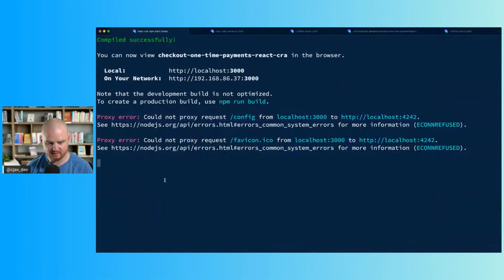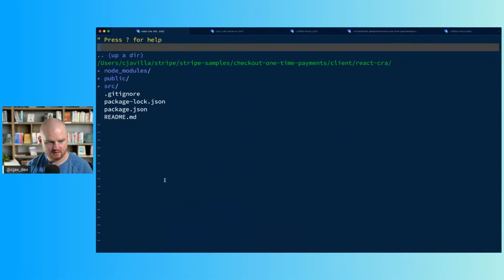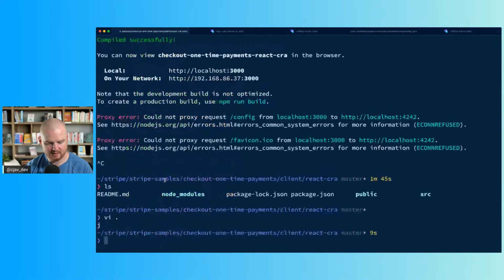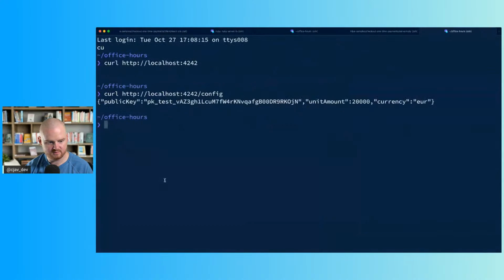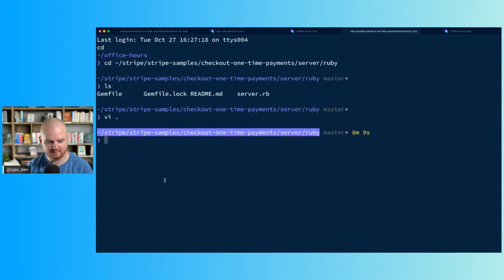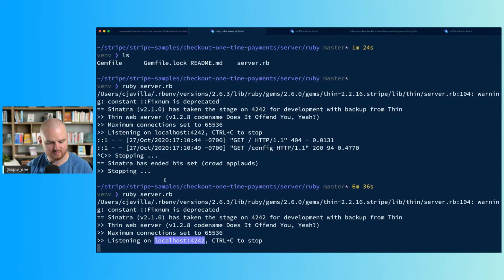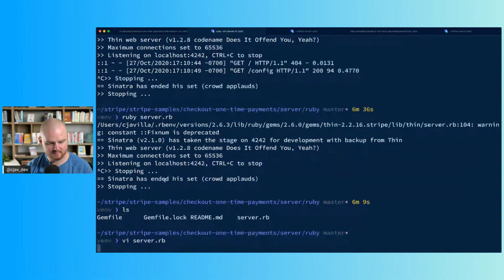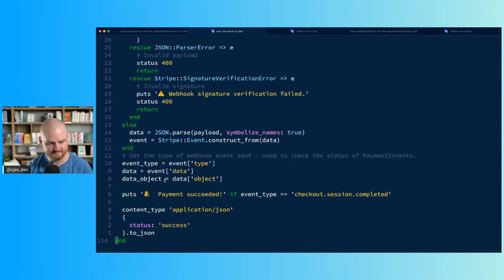Okay, let's try that. So package.json, let's try 127. And just see if that'll work. Right? Like this should work either way. Wait, what? Oh, what? Do I need to